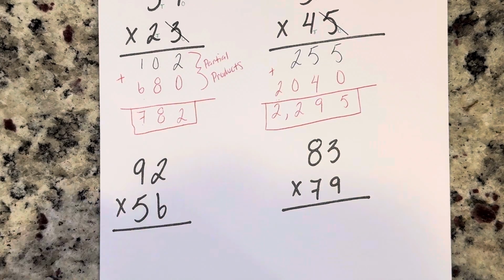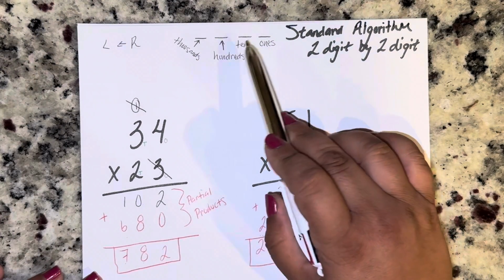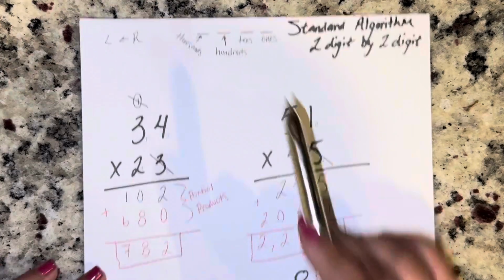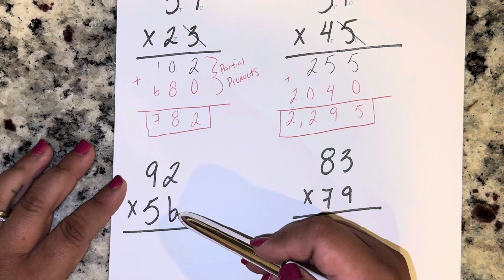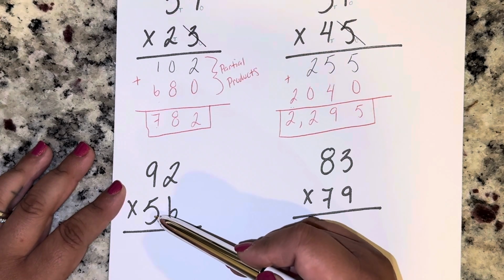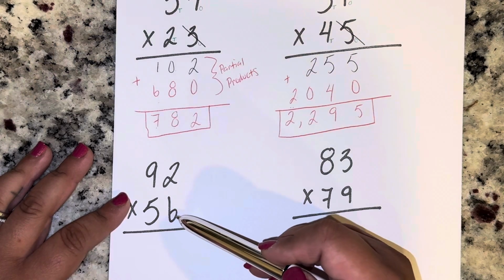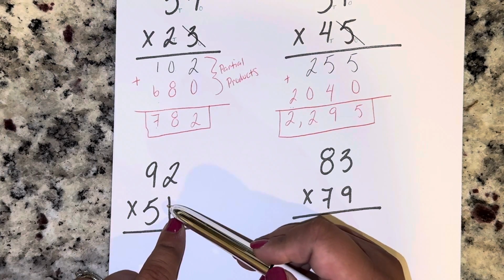my ones or in my tens position. However, it's the same. Our ones, tens, hundreds, thousands, those won't change. Therefore, in my ones place, I have a 2 as well as a 6. And then in my tens, I have a 9 at the top, a 5 at the bottom. So we're going to start multiplying with our 6, and we're first going to multiply our ones place, then our